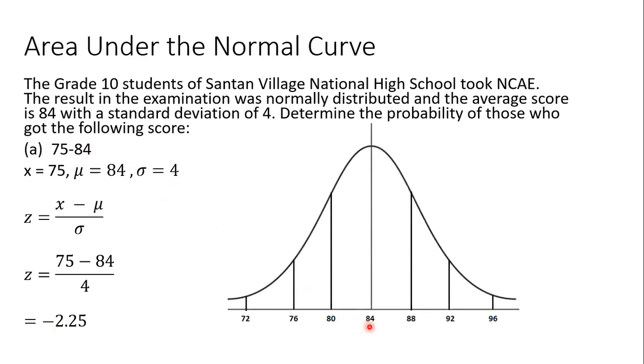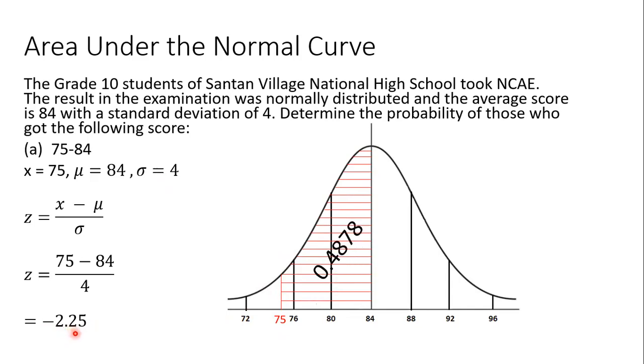So the mean is 84 and we are after the boundaries 75 and 84. So there is our 75. We're just simply going to shade the area bounded by 75 and 84. And by looking at the area corresponding to the Z-score 2.25, it will be equal to